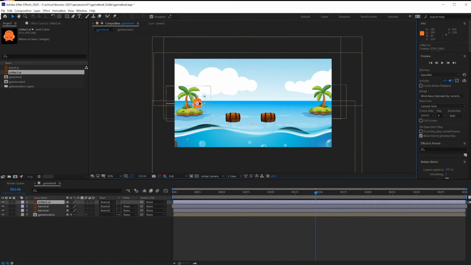Position the critter on this island. Use snapping to help you get to places and snap to the area. If you don't like snapping, turn off snapping right up here. Move your playback head